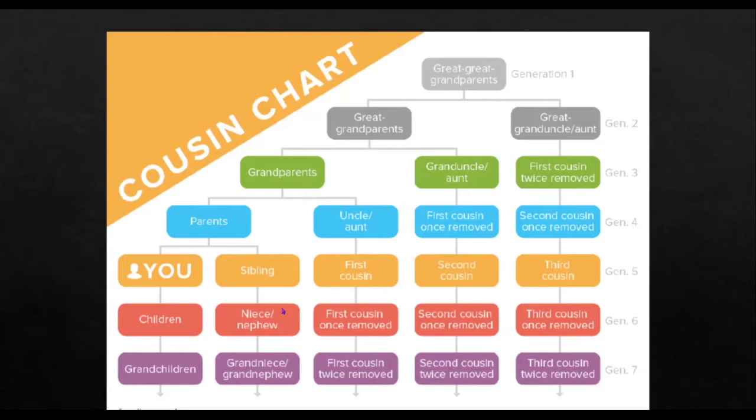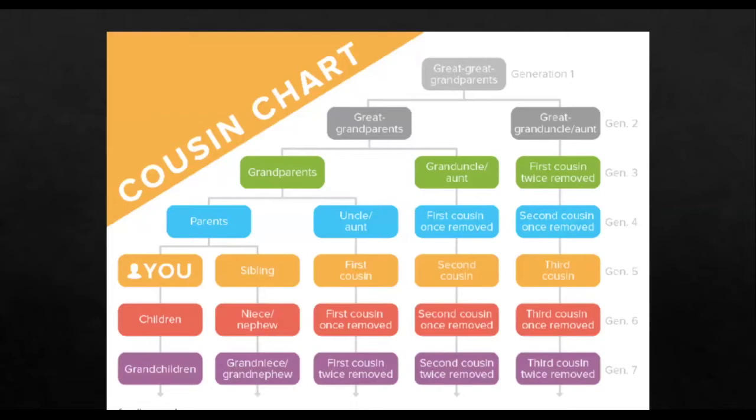There are charts. This one I'm using to start with because it's relatively simple. There are charts that go out to 8th and 9th and 10th grandparent. Okay. But are you seeing the pattern there? Find the most recent common ancestor. Count the G's in their title. And when you count those G's, that will tell you what degree of cousin they are.